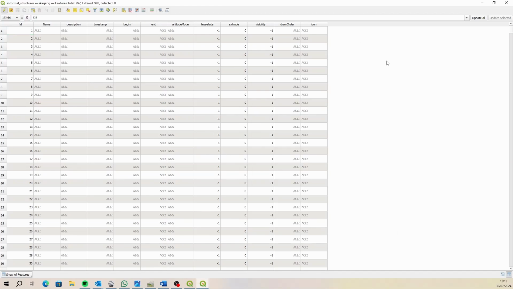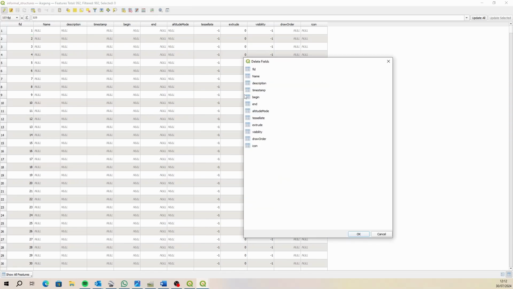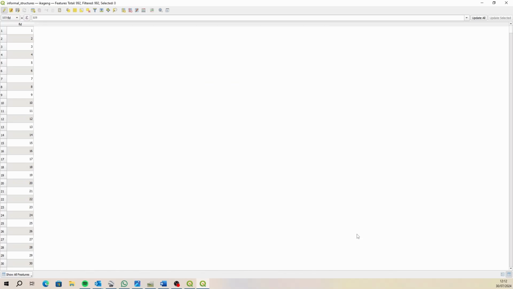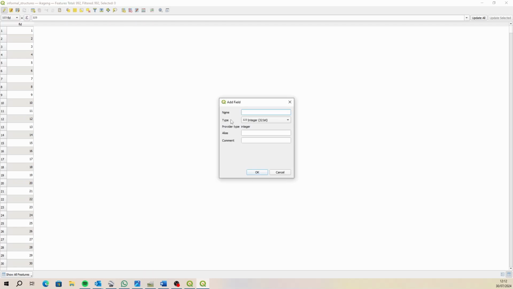Okay, so let me just show you what I did there. I clicked on this little tool here, which is the delete field. So first start the editing session, click on delete fields, select them all, and then they can travel. All right, they're gone. So now I'm going to add a couple of columns. I'm going to add, what are we calling it? Let's just go type,